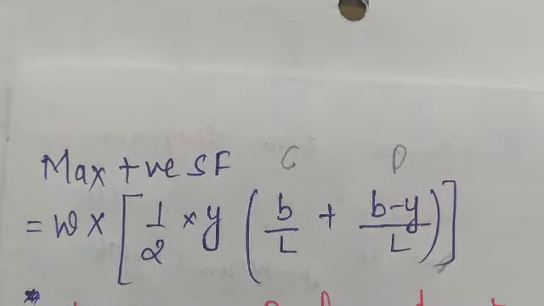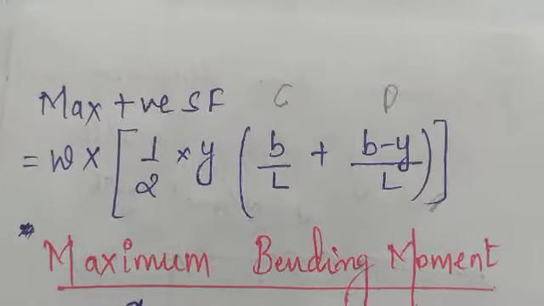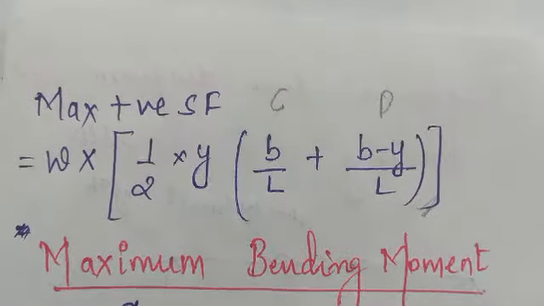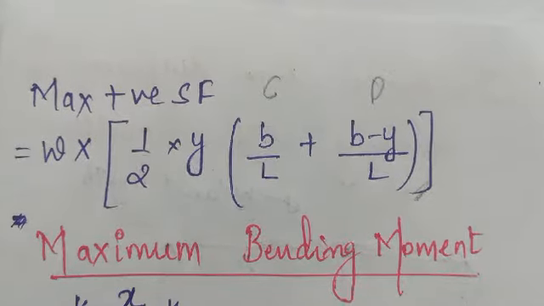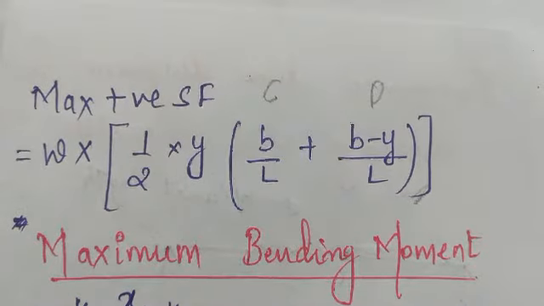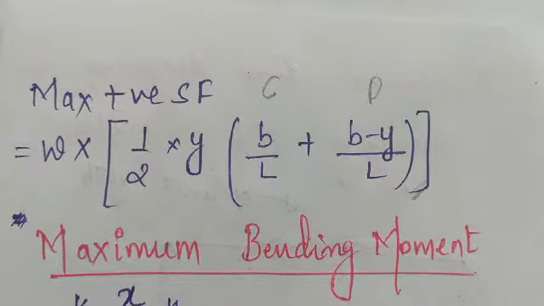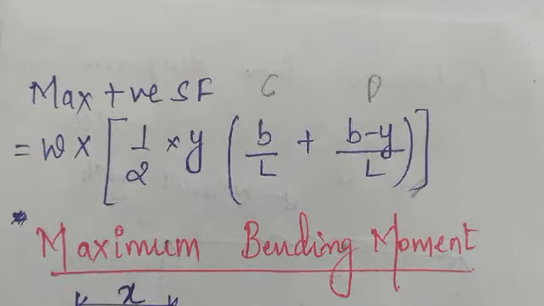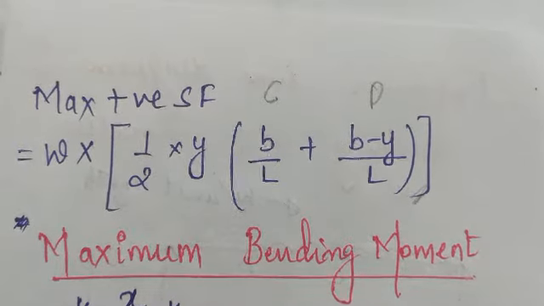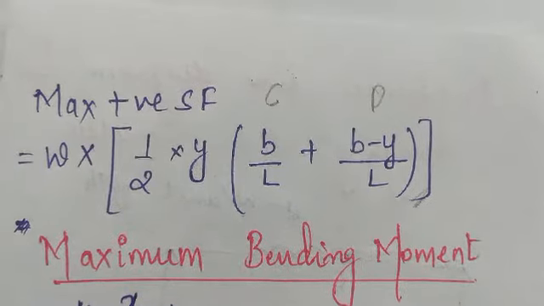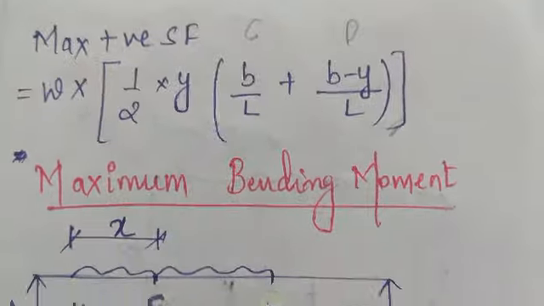Now next let us calculate the maximum bending moment. To get the maximum bending moment, we have to calculate the CG of the UDL. It should intersect at the point where the section divides the load in the same ratio. That is, maximum bending moment occurs when the load is placed in such a way that the section divides the load in the same ratio as it divides the span. For that we do the calculation as follows.